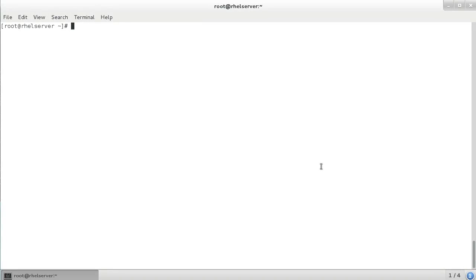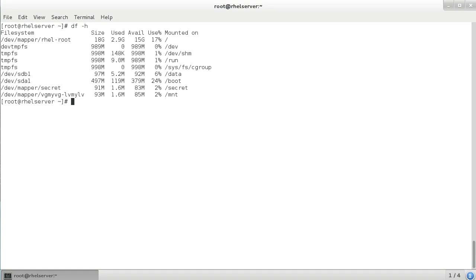One of the benefits of LVM is that you can resize it easily. It's useful if your file system is running out of disk space and you want to make it bigger. Now let's look at how it works. Typically it starts with df -h. Here you can see my LV that I just created